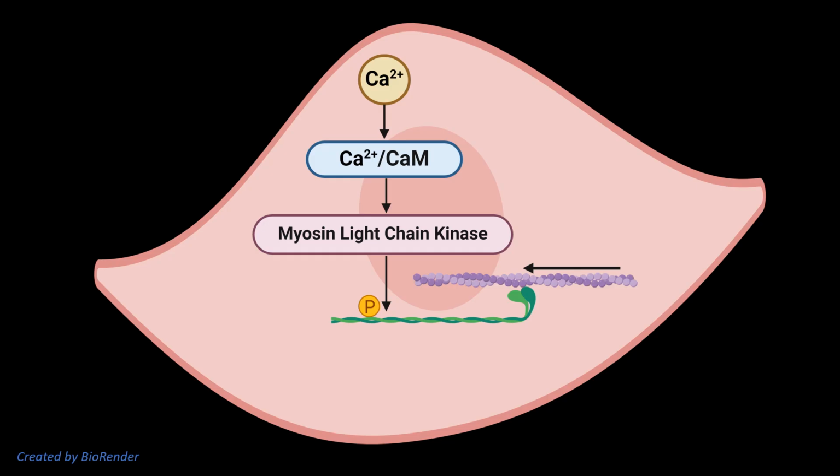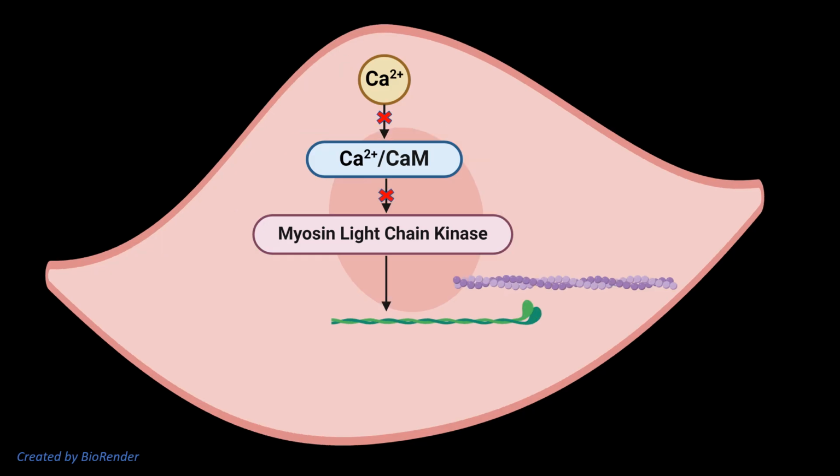When calcium concentration decreases, due to the pumping of calcium out of the cell, the process is reversed, and myosin phosphatase removes the phosphate from the myosin light chain, leading